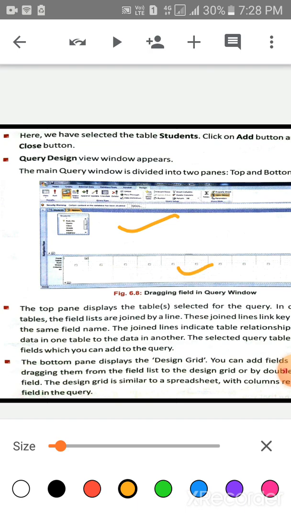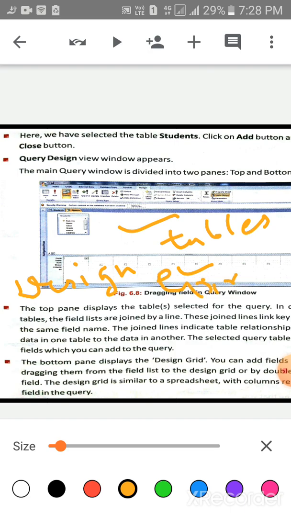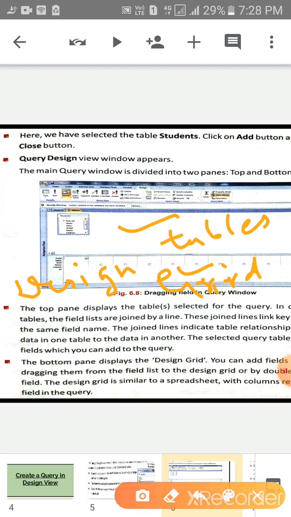The top pane displays the tables, and the bottom pane displays the design grid.